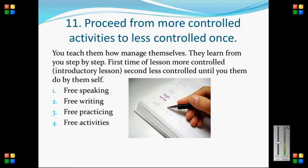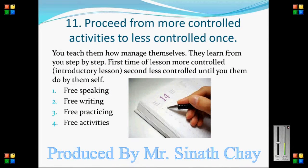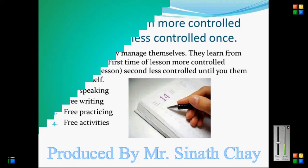Number 11, proceed from more controlled activities to less controlled ones. You teach them how to manage themselves. They learn from you step by step. The first time for a lesson, more control. Introductory lesson. Second, less control until you and them do it by themselves. There's a reason. Free speaking, free writing, free practicing, and free